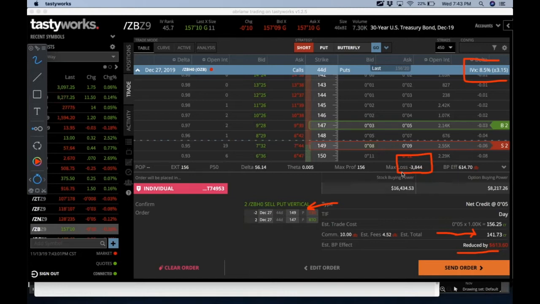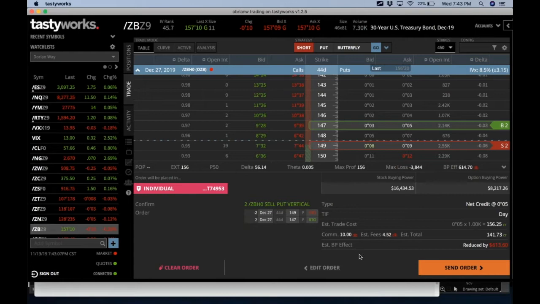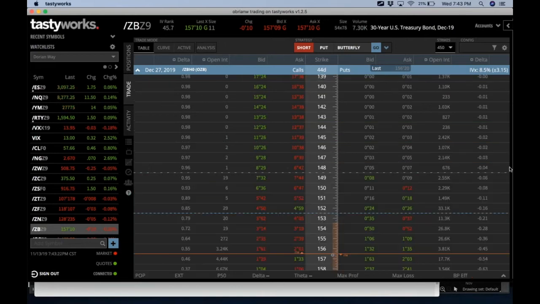So I would take that 141 and then I would hedge that. Right, so I would initially try to hedge it in the ZB, but it's probably going to be way too much to hedge it in the ZB, because you got 141 times 30%, that is $42. So you're not going to be able to hedge that in the actual ZB